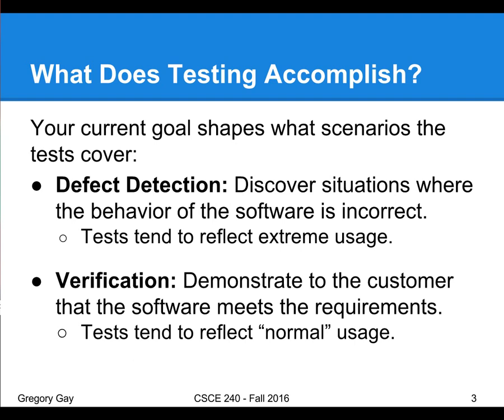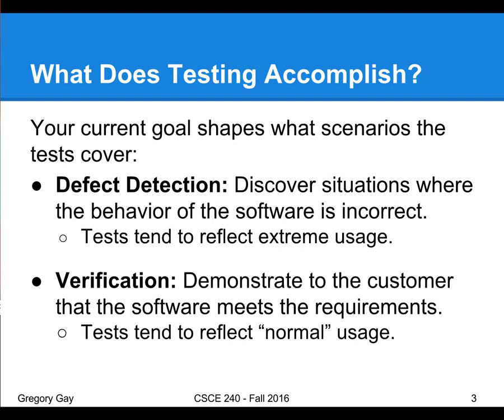The second case is for verification, right? And that's to demonstrate to yourself and to your customers that the software meets the requirements, that it did everything we promised it would do. And in that case, there should be at least one test case for every single requirement you come up with. There should be tests for all the system features, for combinations of features that are going to be incorporated in your product release. And if that's the case, your tests actually do tend to reflect normal usage, how you expect people to sit down and interact with your software.